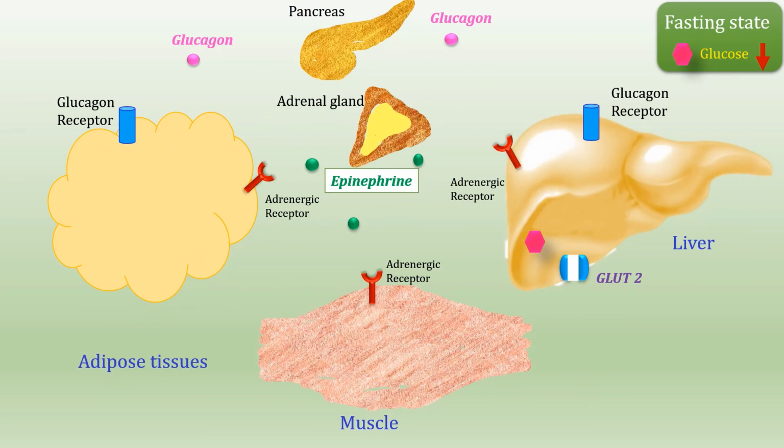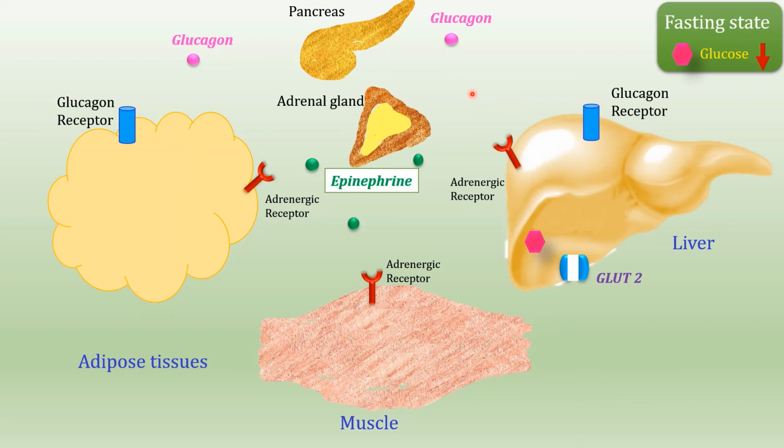What are the effects of glucagon and epinephrine? Glucagon is synthesized by alpha cells of the pancreas in the fasting condition, whenever there is decreased concentration of glucose. And epinephrine, which is also called adrenaline, is synthesized from the adrenal medulla in the condition of stress, whenever there is anticipation of muscular activity in case of fright and flight. So let's see the actions of these two hormones on various organs.